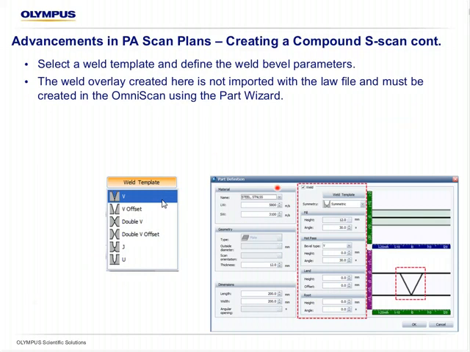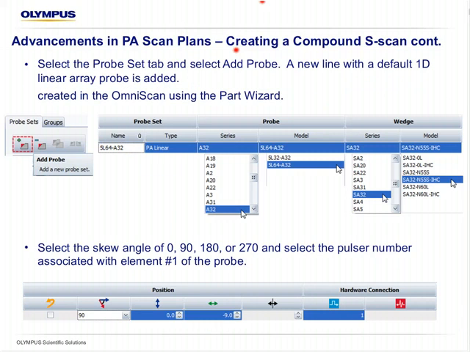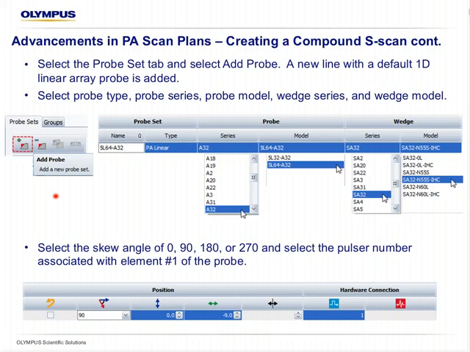The weld overlay has a series of templates for common industry weld bevels, including the radius inputs for the J and U groove welds associated with a lot of automated and vessel welds that are very common. We define the 4 parts of the weld: the root, the land, the hot pass, and the fill. And it's a very easy, simple template to create general weld bevels for which to plot the beam and compound